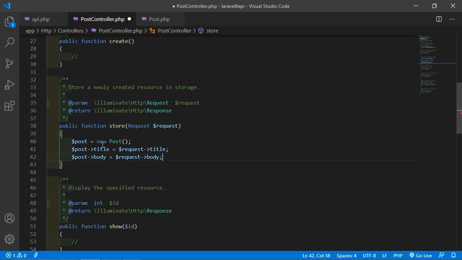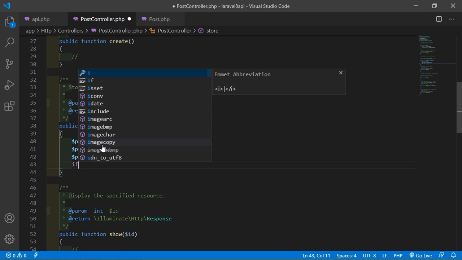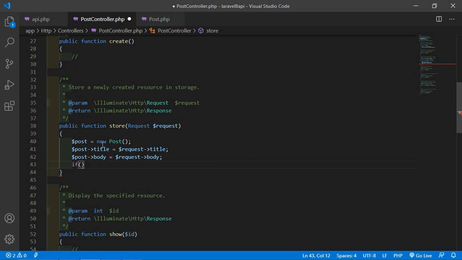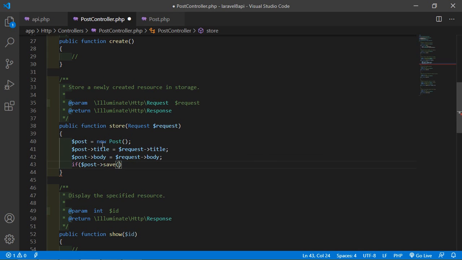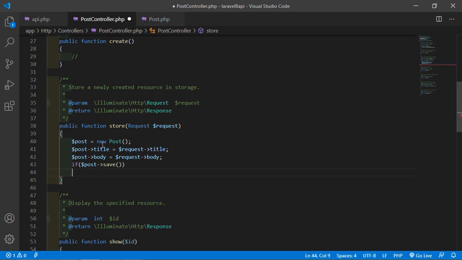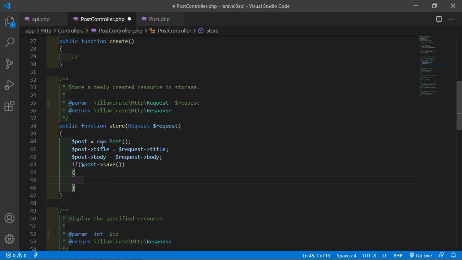Alright, and inside the if, $post, just call the save function, save, and here simply return new PostResource, and inside this just pass here this $post.